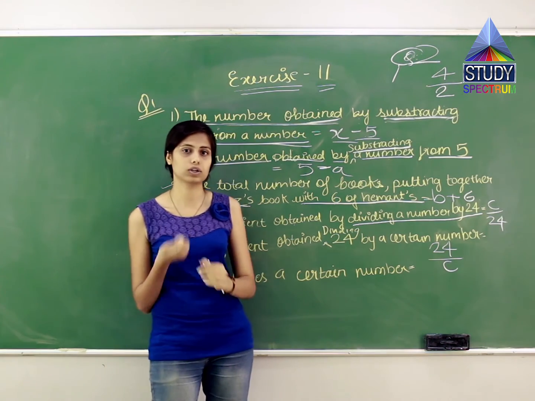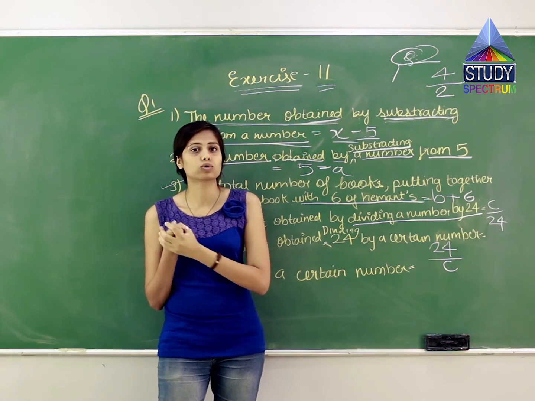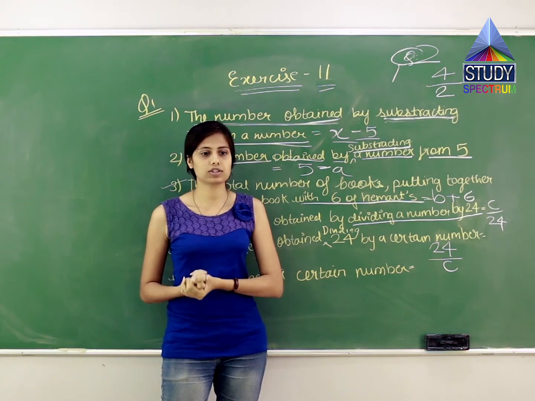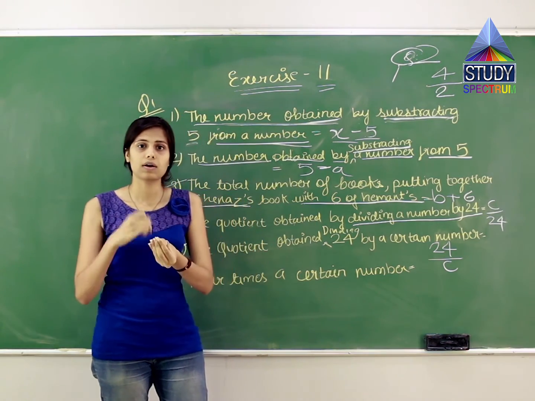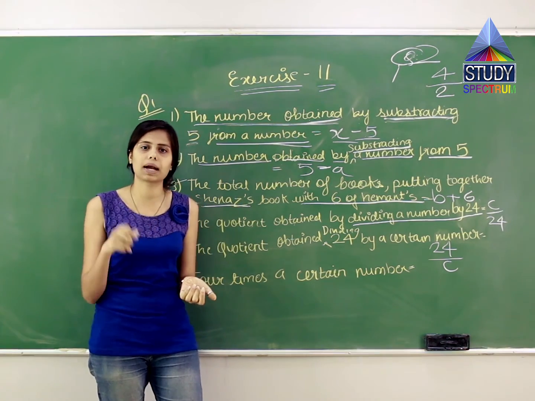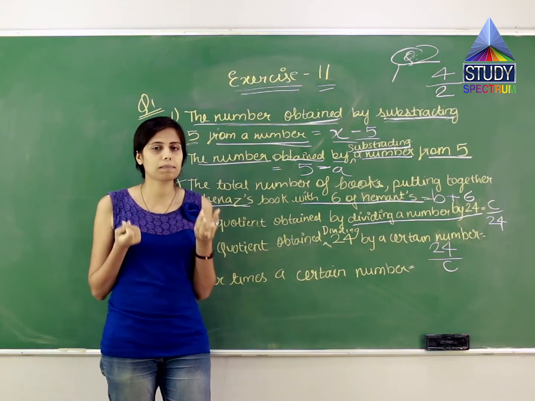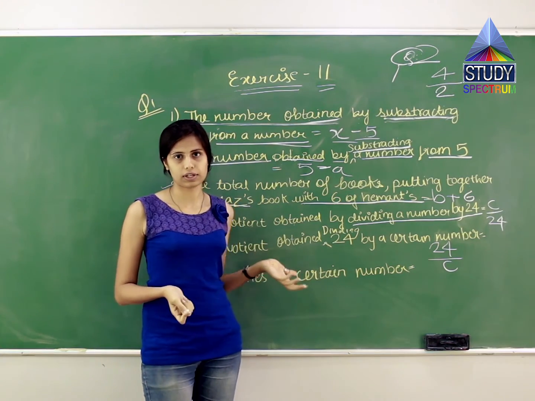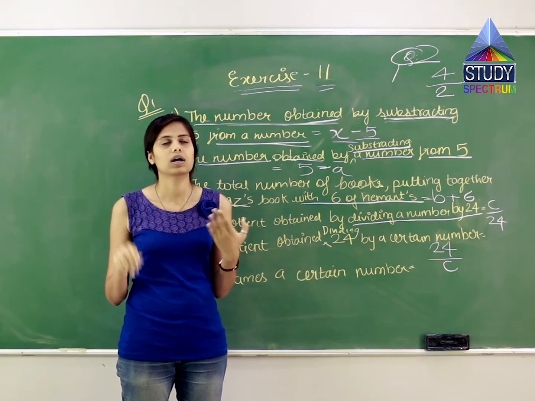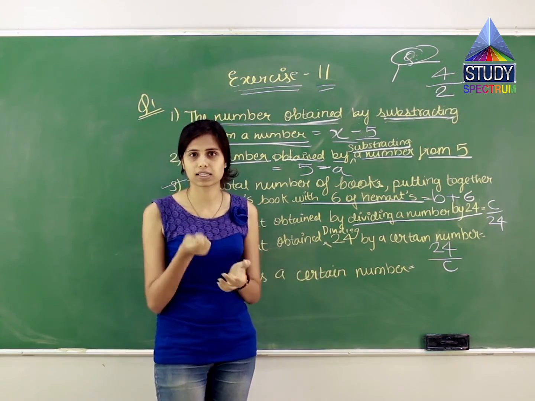The next question, sixth question, 4 times a certain number. What they are telling you is एक तो number है, उसको 4 बार लिखना है, मतलब 4 बार मल्टीप्लाई करना है. If I say a number is 4 times the other, it means a number multiplied by 4. So a number तो नहीं लिख सकते over here. So what we will write? We will write it as a letter from A to Z. Let us take X.